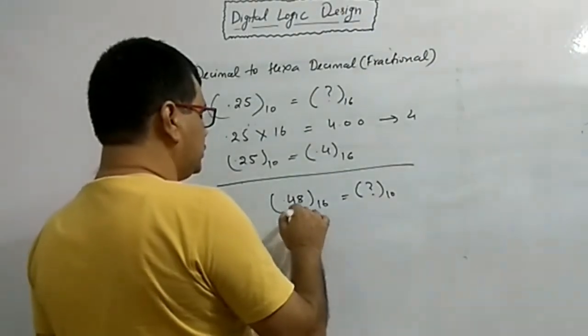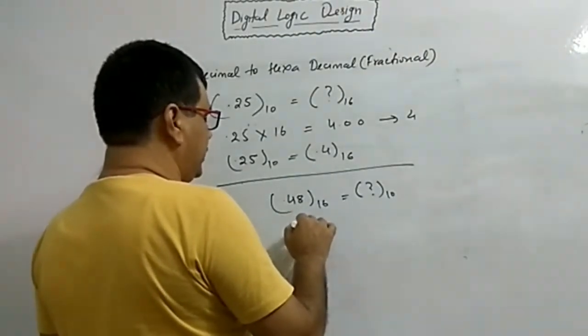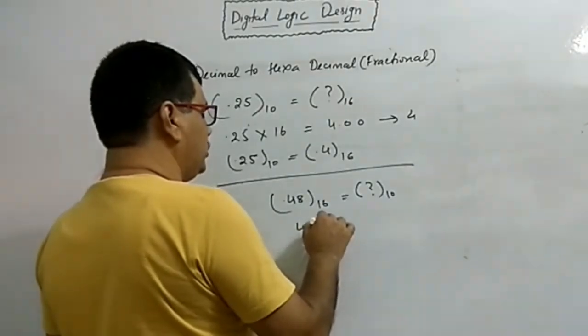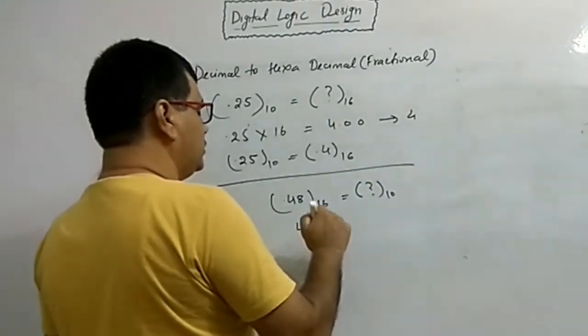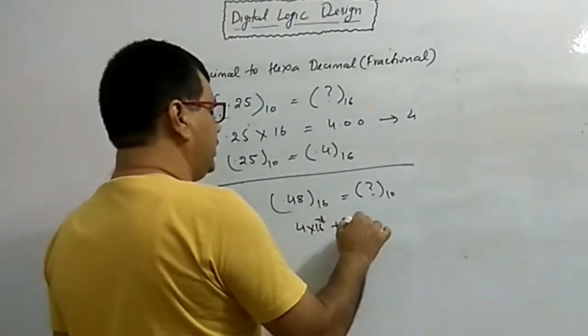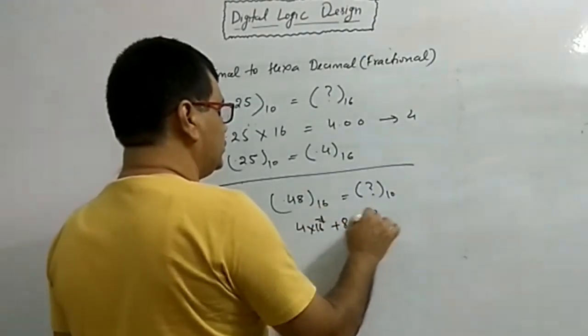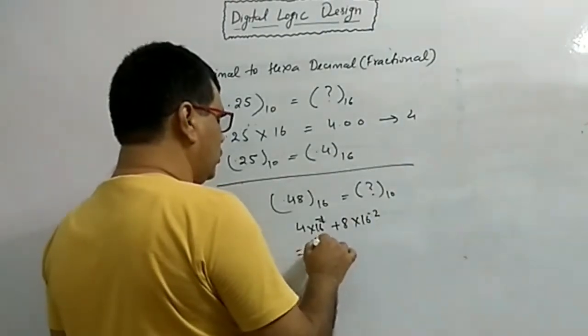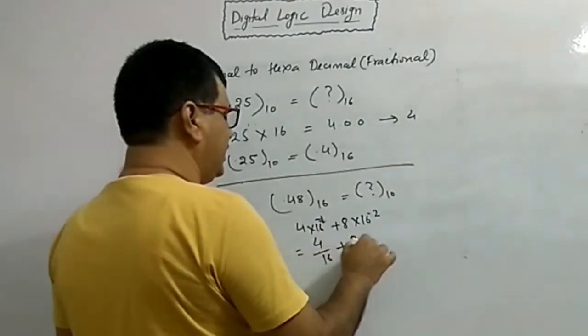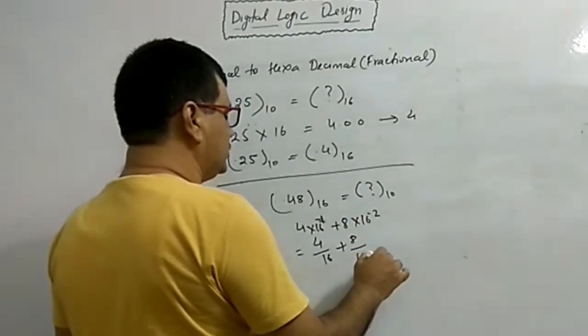You multiply 4 by 16 to the power minus 1 and 8 by 16 to the power minus 2, and this is equal to 4 upon 16 plus 8 upon 16 into 16,